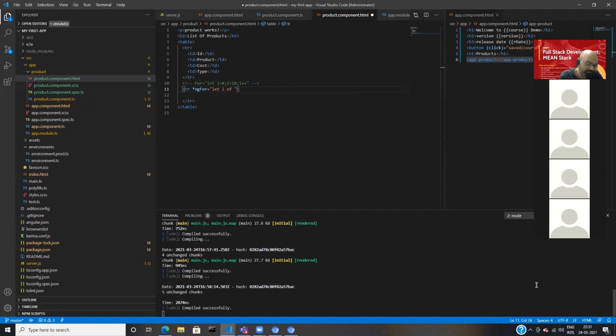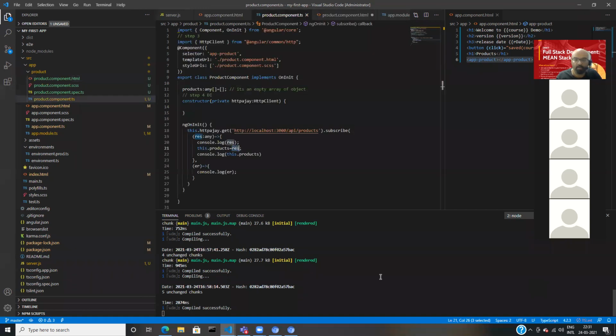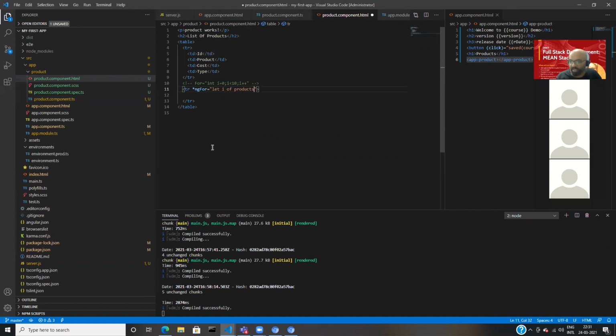What is my array name? Products. Is that correct or not? Correct. products is my array which is having the data coming from the API. So I'm saying let i of products, which means let i, being an iterator, iterates through each and every element of the products array.